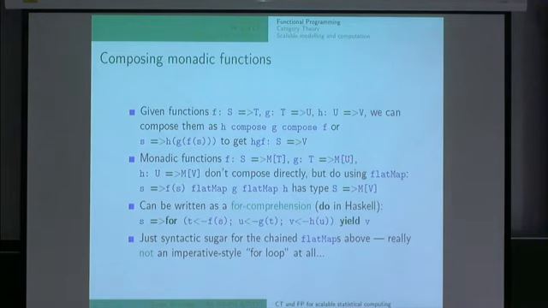We can't apply the function T because we don't have a T, we only have an M of T, all right? But what flat map does is allow you to do the composition. So people talk about monadic composition because we're able to stitch together two functions that carry some context in a canonical way. And again, this crops up an awful lot in all kinds of programming, not just messing around with data,